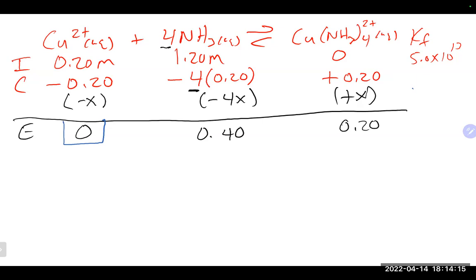So that's the second part of the assumption that we make. Even though we zeroed it out, we're now going to go back and call the metal X, and we're going to solve for it. That's going to give us how much is there, and again, it should be a relatively small number. We're going to do that by using our Kf expression, which is our products